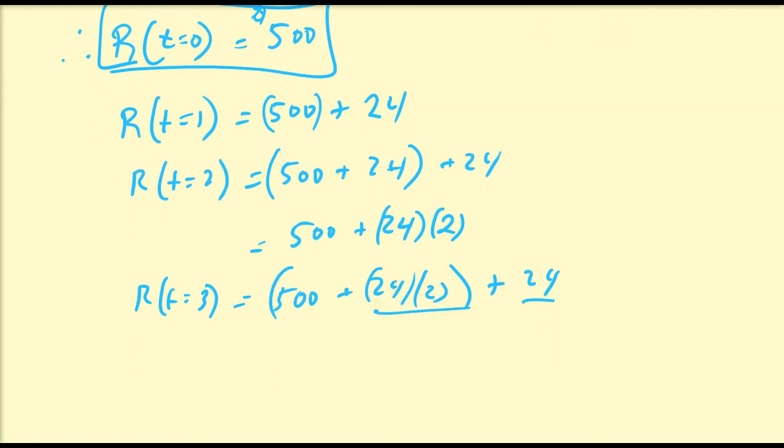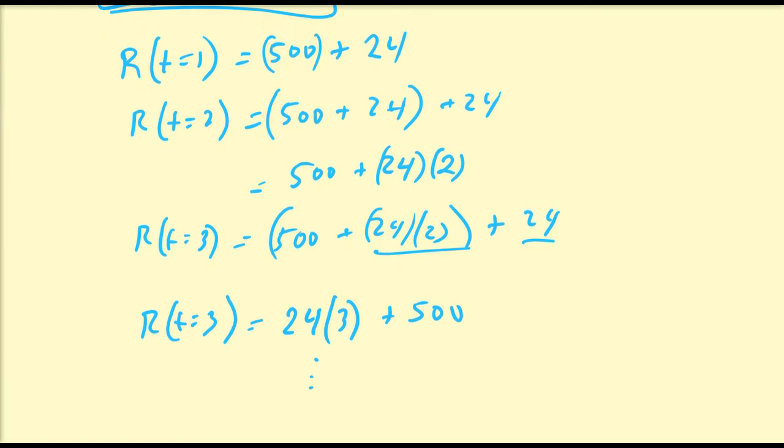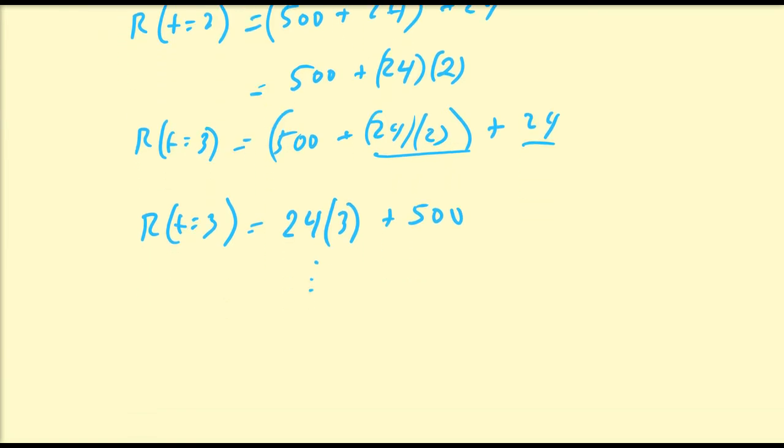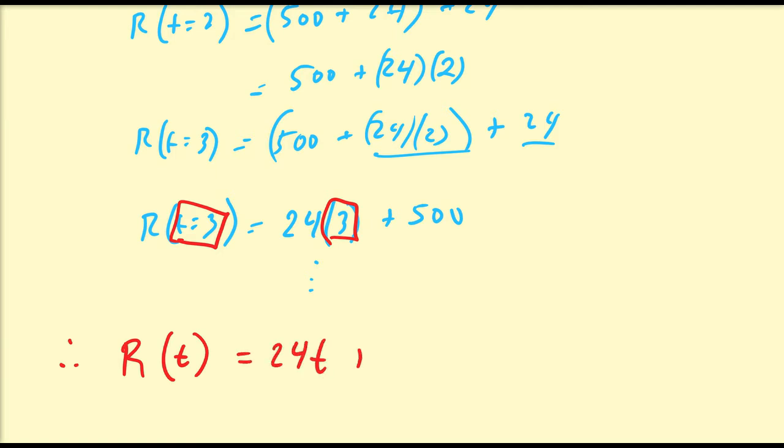So again, combining like terms, we have r of t is equal to 3 is equal to, let's rearrange this a little bit, so 24 times 3 plus 500. And we can continue on with this fashion. So pretty much we can generalize this for any arbitrary t, and notice that that is always going to be the same as that number. So r of t should be equal to 24t plus